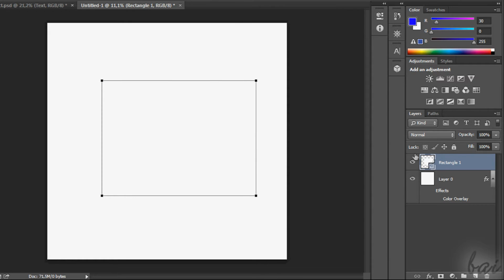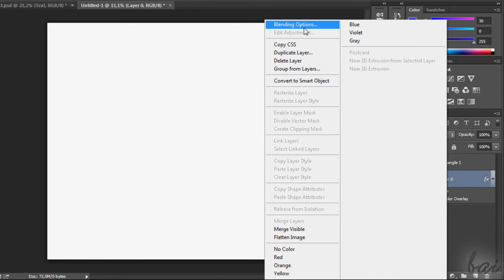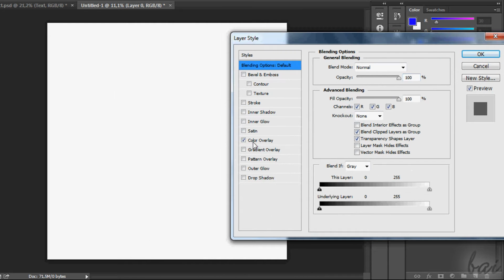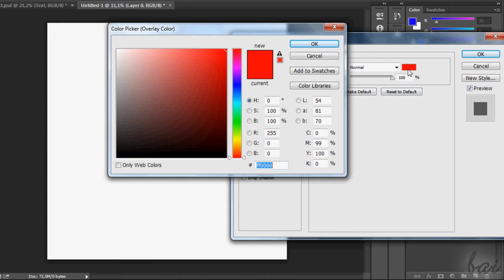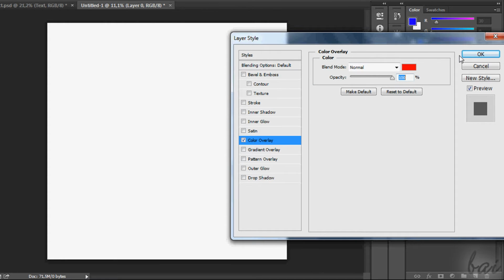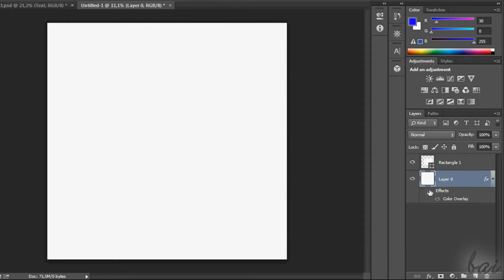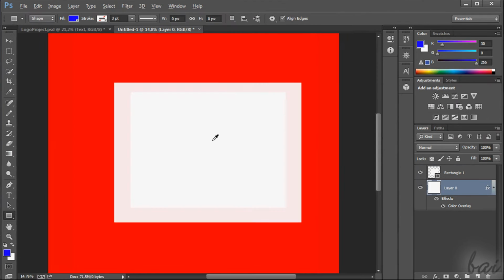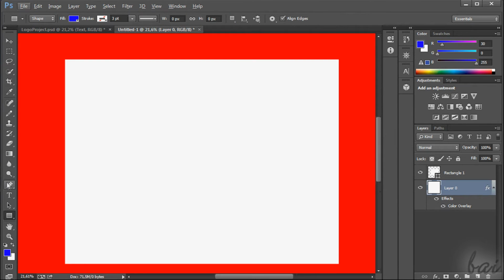Since the vector mask is cut with the pen tool, what is revealed is exactly what is below the shape of the pen tool. For example, if we want the basic shape in red color, the object or the layer below our vector mask must be red. Let's make it. Now select the rectangle and draw with the pen tool.